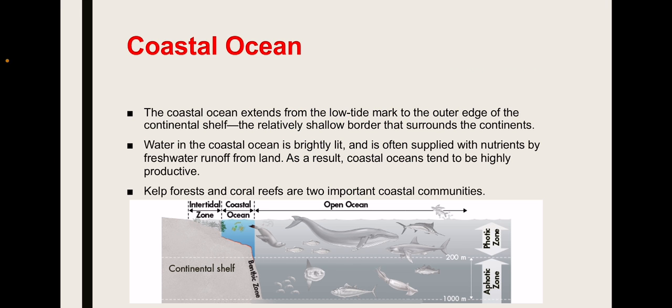Coastal ocean. The coastal ocean extends from the low tide mark to the outer edge of the continental shelf, the relatively shallow border that surrounds the continents. Water in the coastal ocean is brightly lit and is often supplied with nutrients by freshwater runoff. As a result, the coastal ocean tends to have highly productive kelp forests and coral